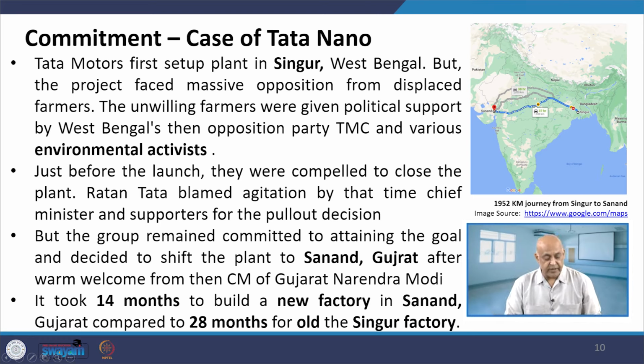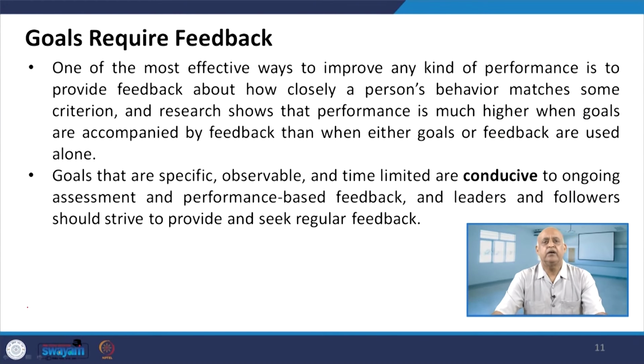It took 14 months to build a new factory in Sanand, Gujarat, compared to 28 months for the old Singur factory, right. So this commitment that this car is to be manufactured by the Tata group, under the dynamic leadership of Mr. Ratan Tata. One of the most effective ways to improve any kind of performance is to provide feedback